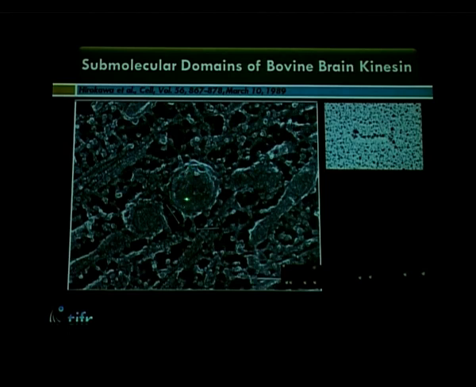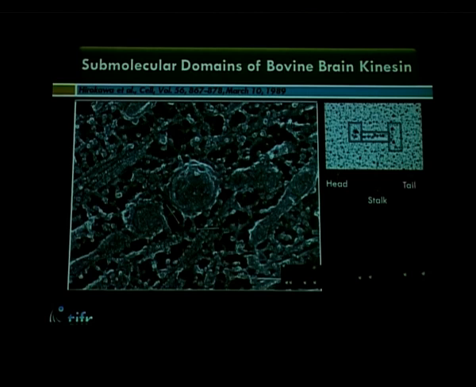So motor-mediated vesicular transport was first discovered, or the clue came, from this picture published long ago. There people showed that the vesicles inside the axons are linked to the microtubule filaments through these bilobed structures, which were considered to be the motor proteins. Later on, when these proteins were purified, it turned out that they are indeed mechanochemical ATPases, which have head domains that bind to the microtubule filament. They have a stalk and a globular tail domain.